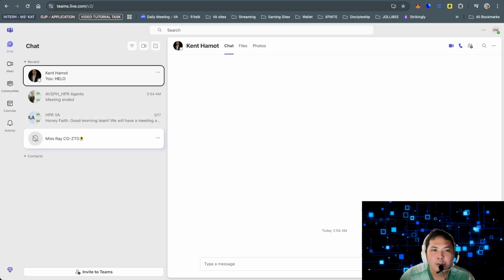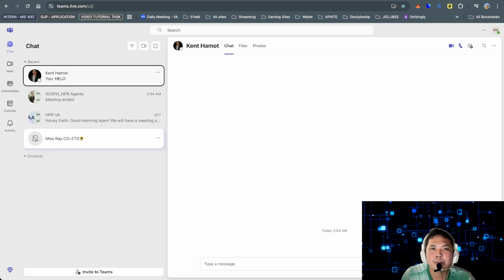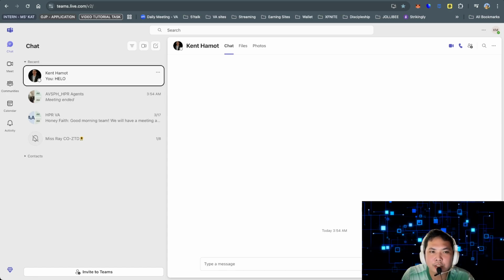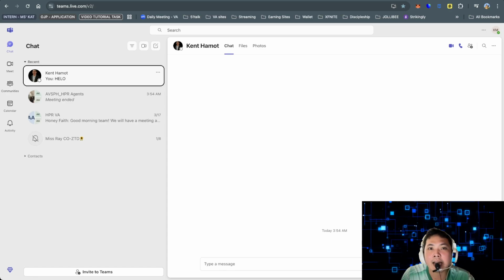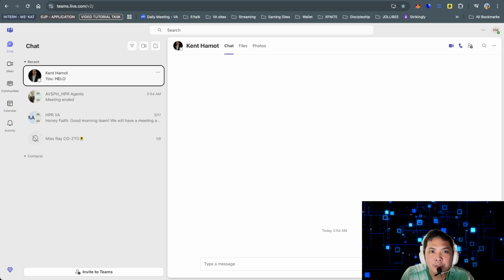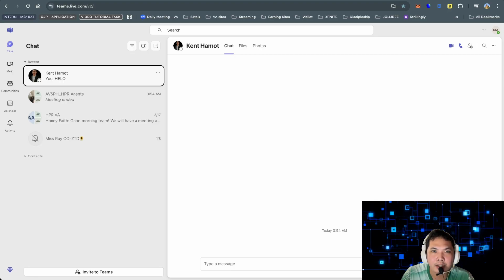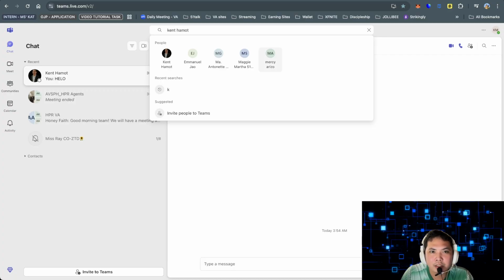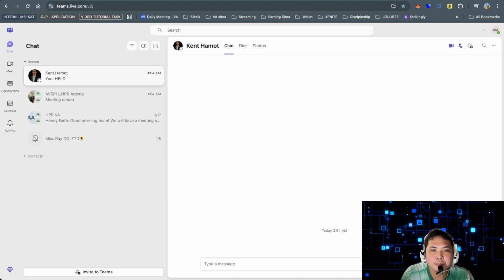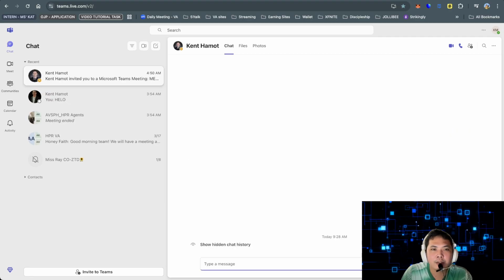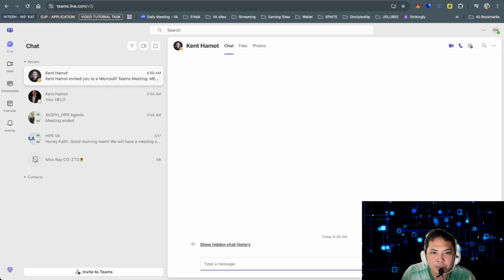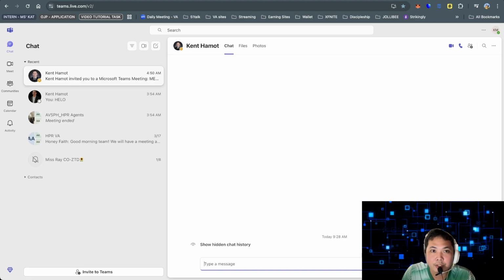Okay, so when you have hidden chats, like ones you hid in the past months or years, and you want to unhide those conversations right now, all you need to do is search the name of that specific person or chat. Once you've searched their name, you will see it here, and after that click the name. And if you wanna unhide those conversations, just click this one, show hidden chat history, or you can also